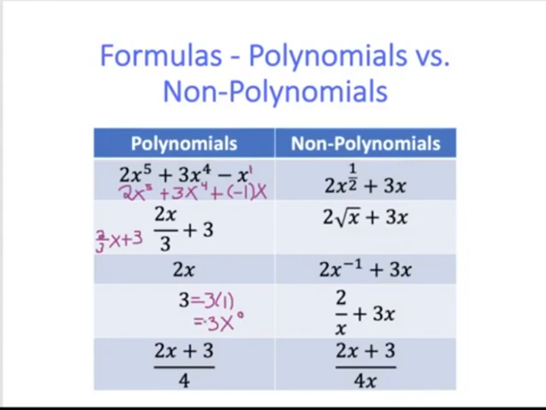So this is another way that we can write our polynomial here, but we usually just write it as a single constant like that. And then we have the last one here, which is (2x + 3) over 4. That one looks a little bit different, but we can actually rewrite this one as well. We can divide 4 into each of the terms that we have on top. If I take 2x and divide by 4, I'm going to get